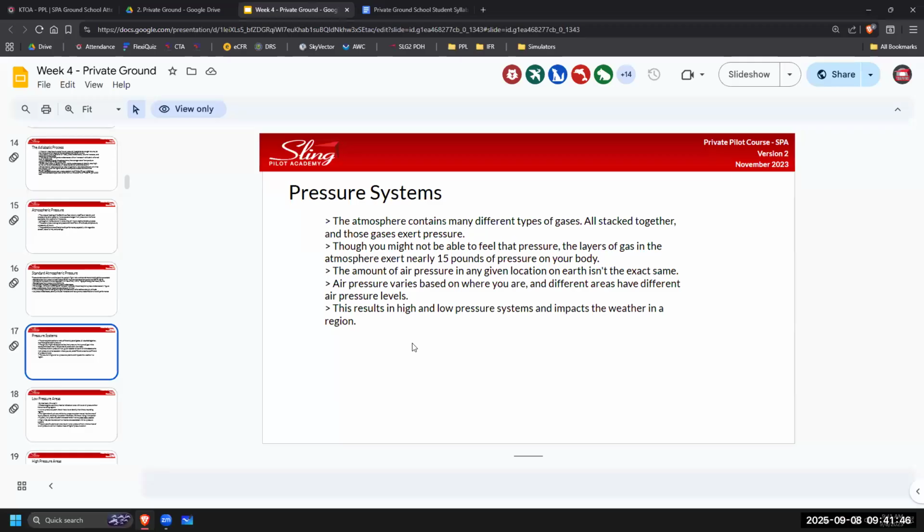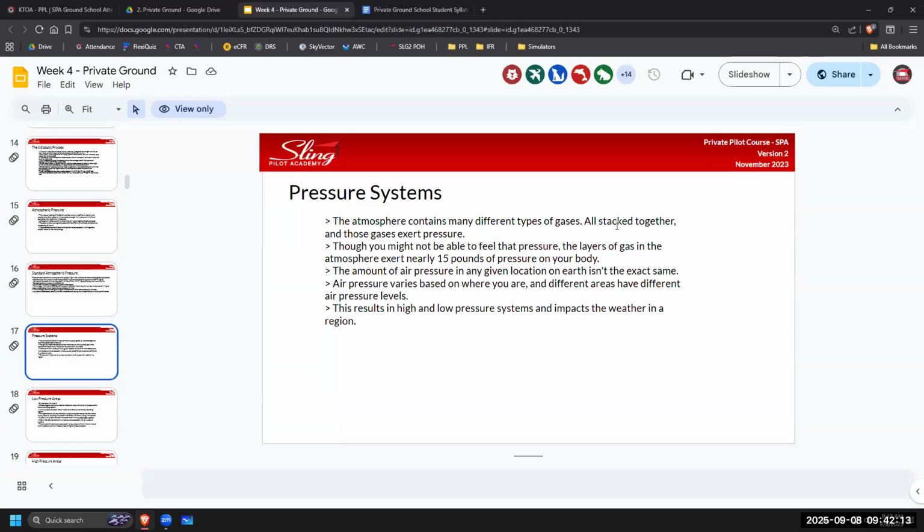Okay. Pressure systems. Here's where we're gonna have to wake up and lock in on this stuff. Everything else is just stuff you need to write down in your notes to learn and memorize later, with the standard pressure and temperature and stuff like that. Pressure systems is part of reading charts and knowing what's going on.